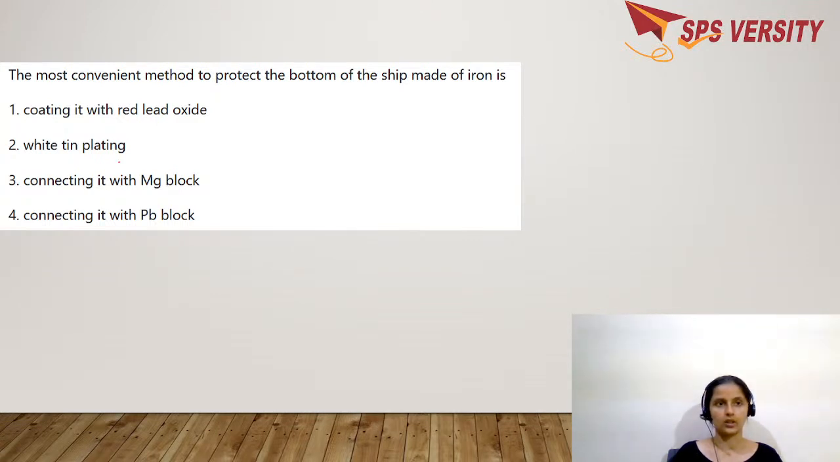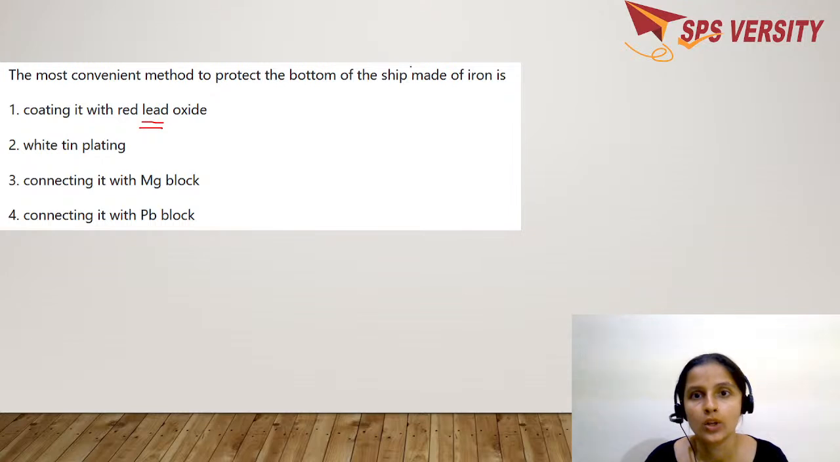Yeah, we have the next question. The most convenient method to protect the bottom of a ship made of iron is, this is a simple question which you have already discussed. You have to remember the electrochemical series, in which you get to know which is more reactive and which is less reactive. Lead is not as reactive as iron. Iron undergoes rusting